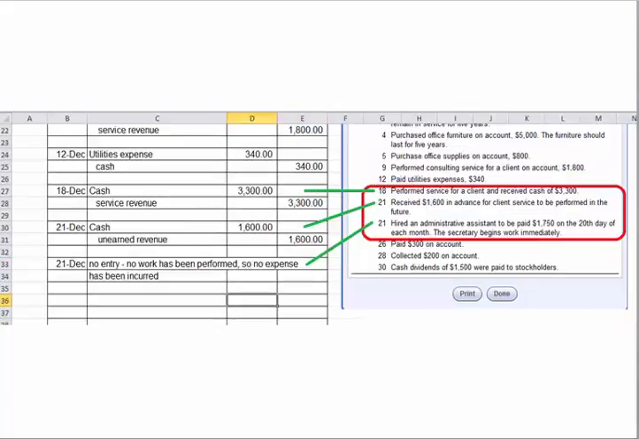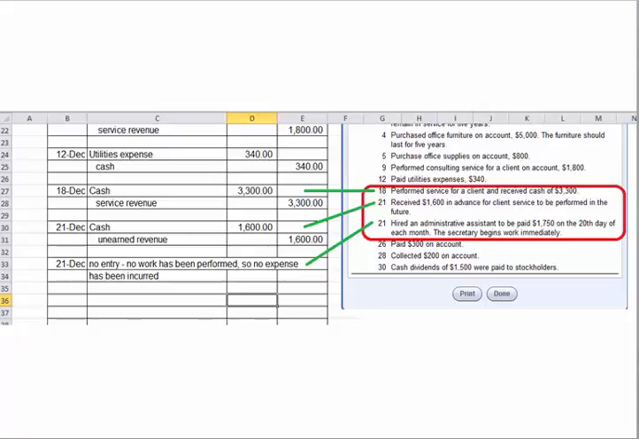On 12/18, we performed services for a client and received cash of $3,300. We debit cash and credit service revenue because we want to increase each account. On 12/21, we received cash of $1,600 in advance of services. This means we received cash before we earned the revenue. Our entries are a debit to cash of $1,600 and a credit to unearned revenue of $1,600. Remember that unearned revenue is a liability. We owe a service to our client. To increase a liability, we